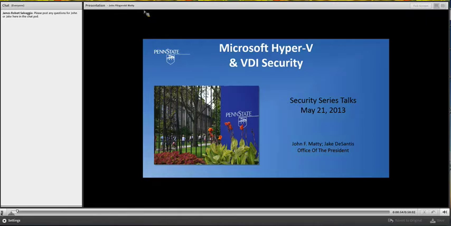We are using the Microsoft Hypervisor, and that's what we're going to talk about here in our security series. There is some fantastic work being done in the VDI space. So a gentleman here from ITS, that's awesome. They are doing some great things. There are other departments that we know about that are using the Microsoft Hypervisor, VMware View, and other technologies,